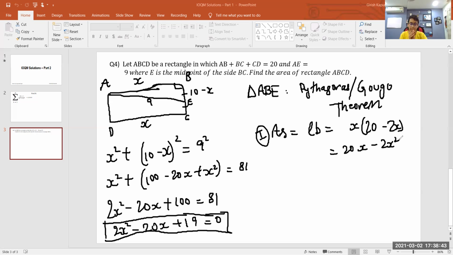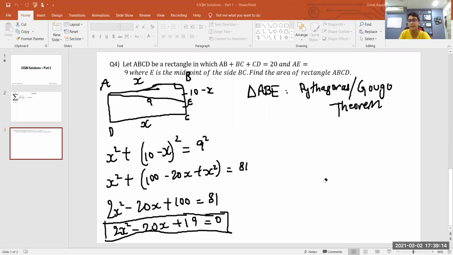Now notice we've got something very similar in our equation involving x. We've just got the additive inverse of that. So we can just bring it out to the other side from this equation. We can simply write that 20x minus 2x square is just 19, and this is the area of the rectangle, 19 square units. Pretty good, hey? Okay, so this was an elegant approach where we just found the area in terms of sides and related it. Yes, the other one is also kind of the same, but for the other one,